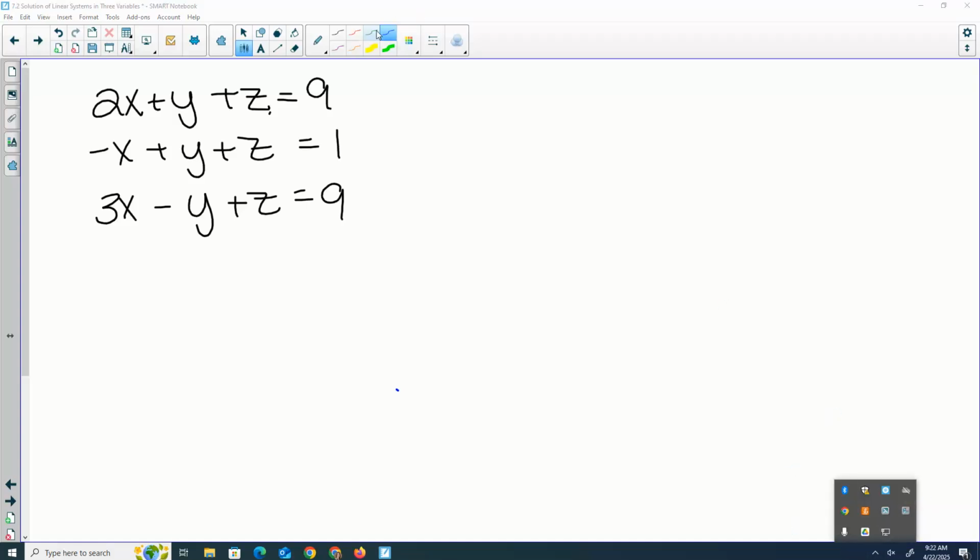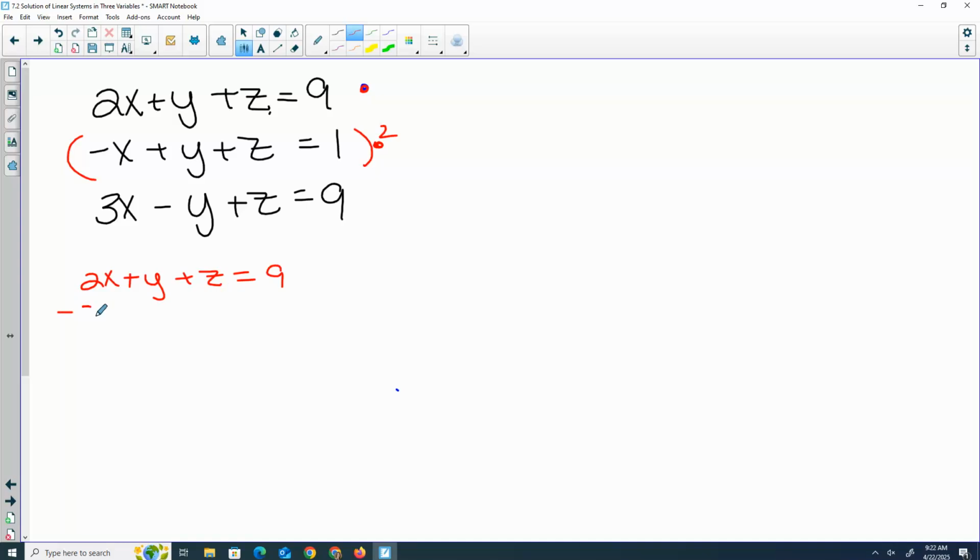So you have to take any two equations and eliminate any variable. I'm seeing a lot of people start at different places, so I won't be able to do it the same way as everybody, but what do you want me to do? X's, okay. So if I just took the first two, if I want to eliminate x, I take this one by 2. So we get 2x plus y plus z equals 9, negative 2x plus 2y plus 2z equals 2. So those cancel. 1y and 2y is 3y. 1z and 2z is 3z